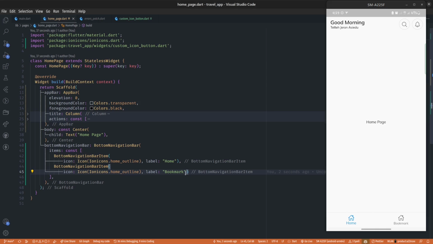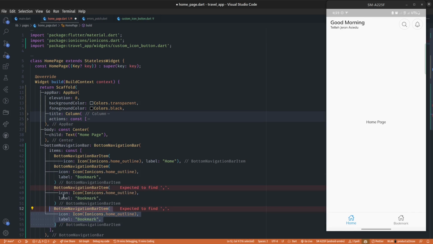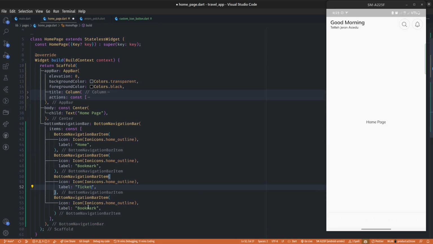So let's just duplicate this a couple of times, and yeah, so the next thing is to change the icon names, right? So we will change this third one to ticket and the last one to profile, and also change the icons itself. So the second icon, that is the bookmark icon, will be bookmark